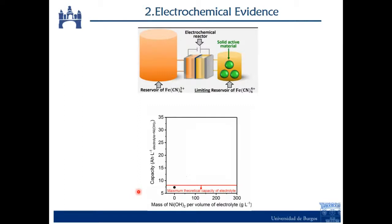Then we add some nickel into this limiting reservoir, and the capacity exceeds the theoretical capacity. So basically meaning that we are storing energy in these solid particles. And the more nickel we add, basically here it represents amount of nickel per volume of electrolyte, so it means that we are increasing the amount of nickel, then we get more charge. And from here, we actually determine that we are able to use around 40% of the theoretical capacity of this